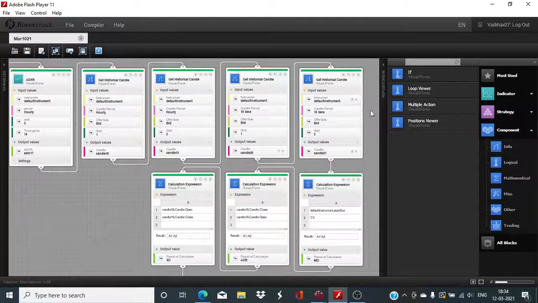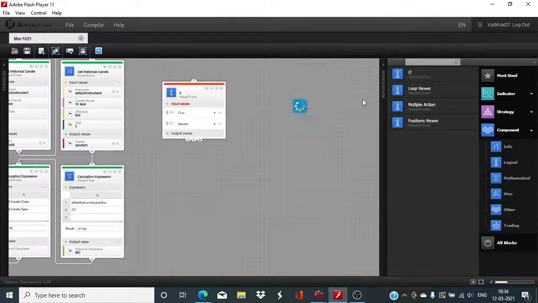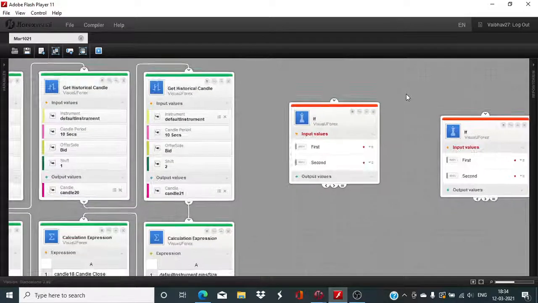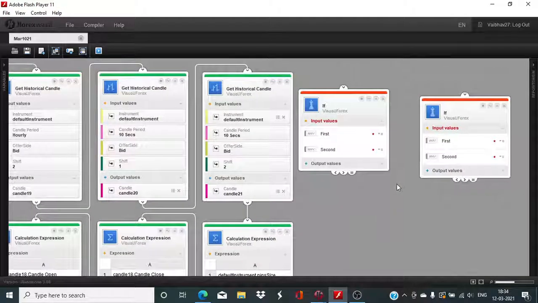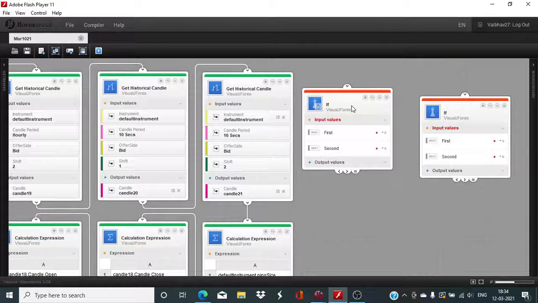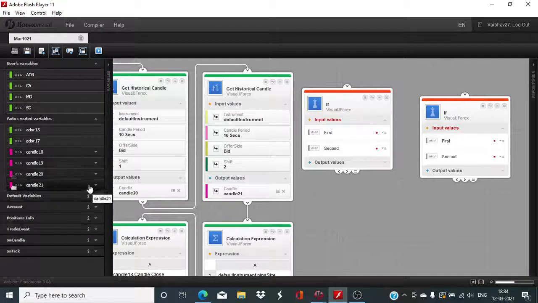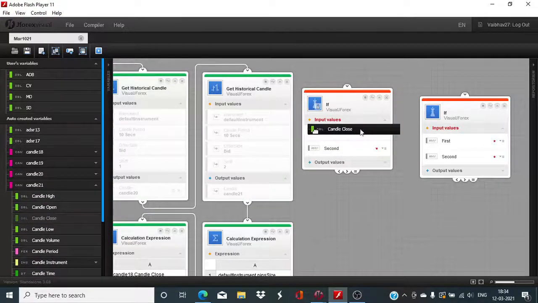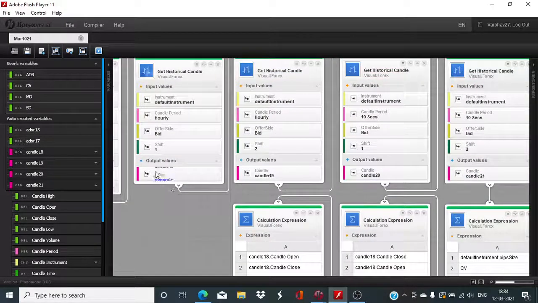So we have to take two more if blocks and compare candle 20 and candle 21's close with candle 18's close, and here we need candle 21's close to be above the candle 18's close,